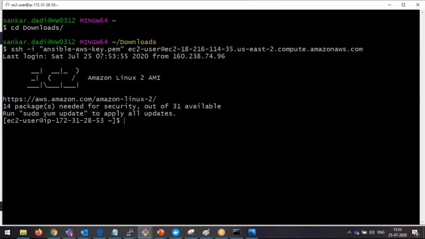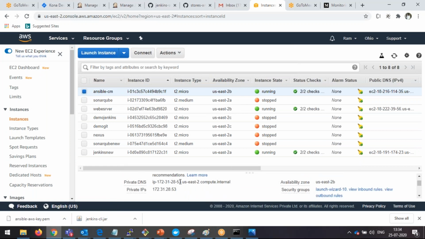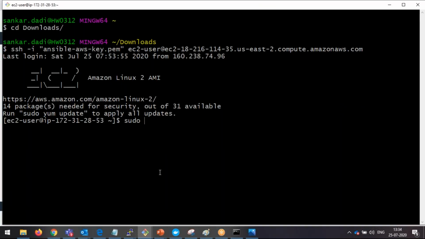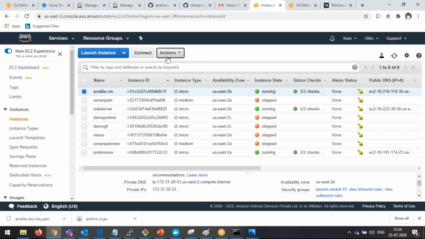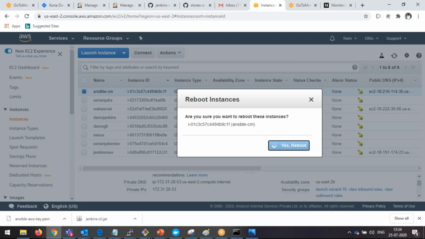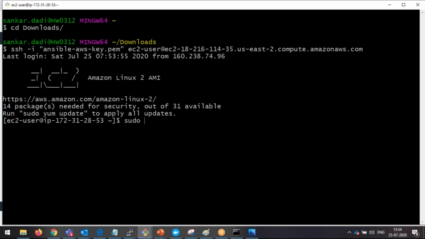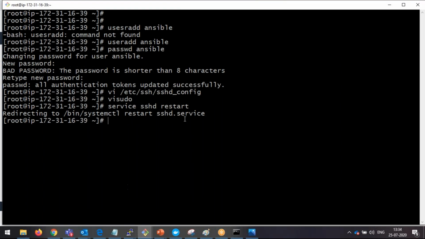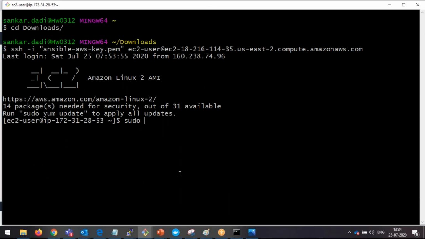I think it is connected. This is working fine, but when it comes to the Ansible control machine,